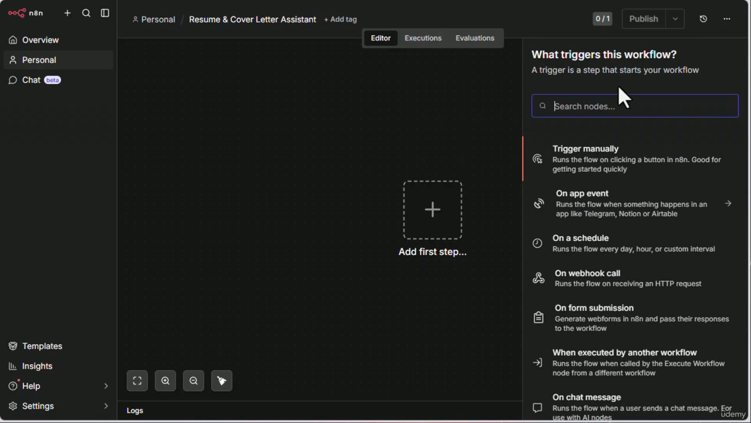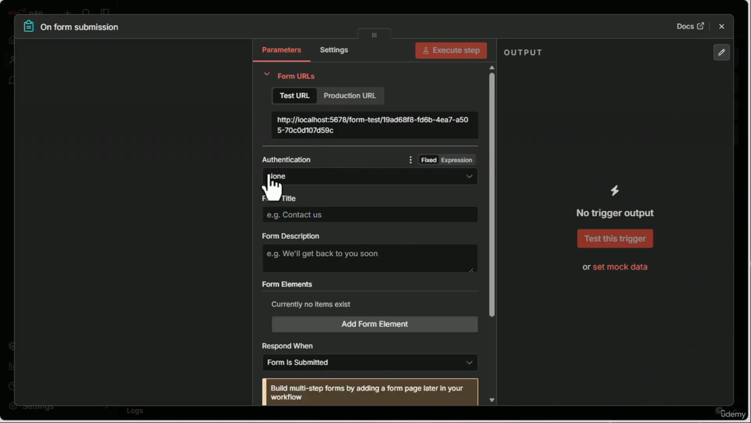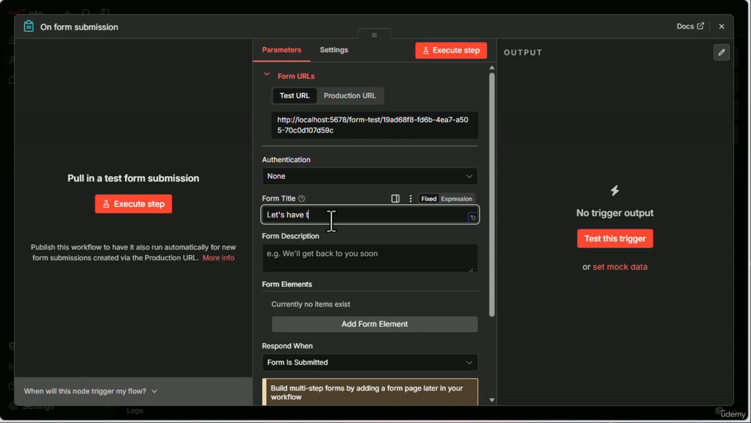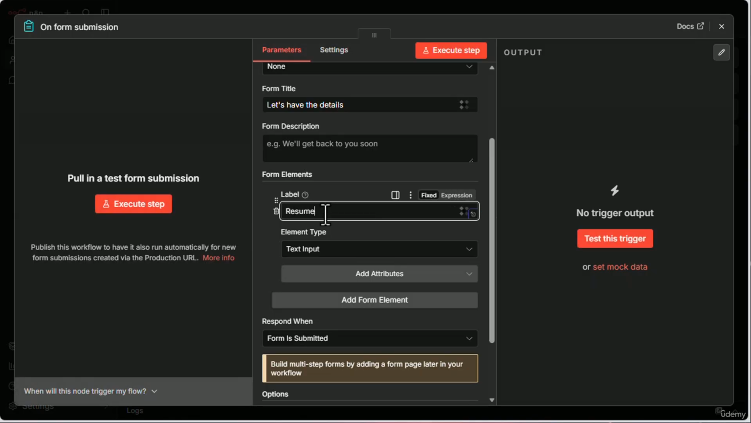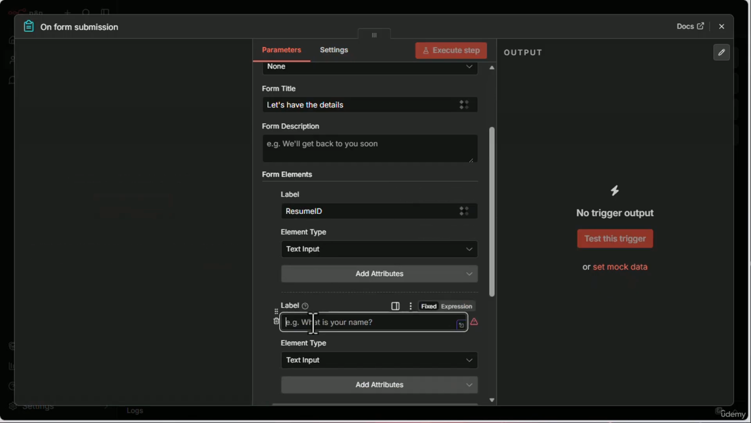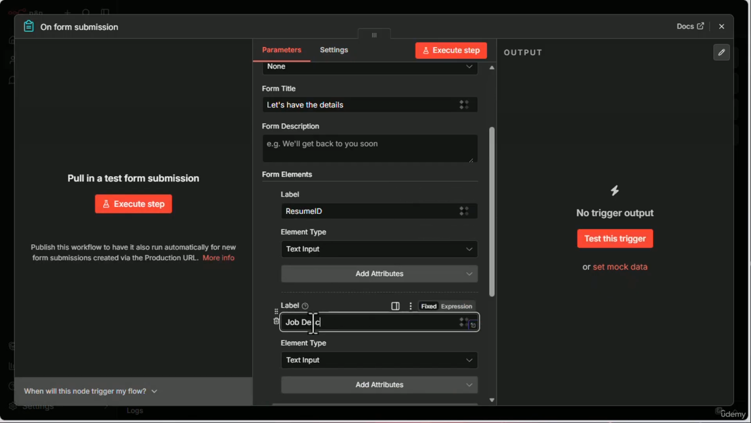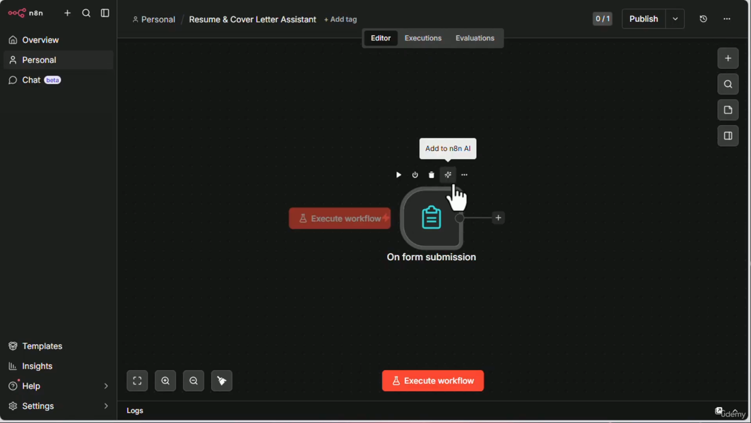To start off the automation, we need a trigger. I'm going to use a form trigger. Let's put a title. Come down, I'm going to add a form element. Now the 2 things I need are the resume ID from Google Drive, and the job description folder. So resume ID, text field, and job description folder, also a text field. If we trigger it,